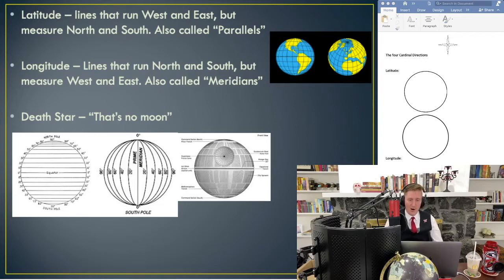Now, I mentioned there are some exceptions. You guys will note on the globe, right at the North Pole, if I were to put my feet directly right next to each other on top of the North Pole, those feet would touch every single line of longitude on Earth at the same time. While, of course, latitude, the ones that run east-west but measure north-south, they would never touch. They're always an equal distance away from each other. So if I were to stand on the North Pole, direct north, touching all lines of longitude whatsoever,